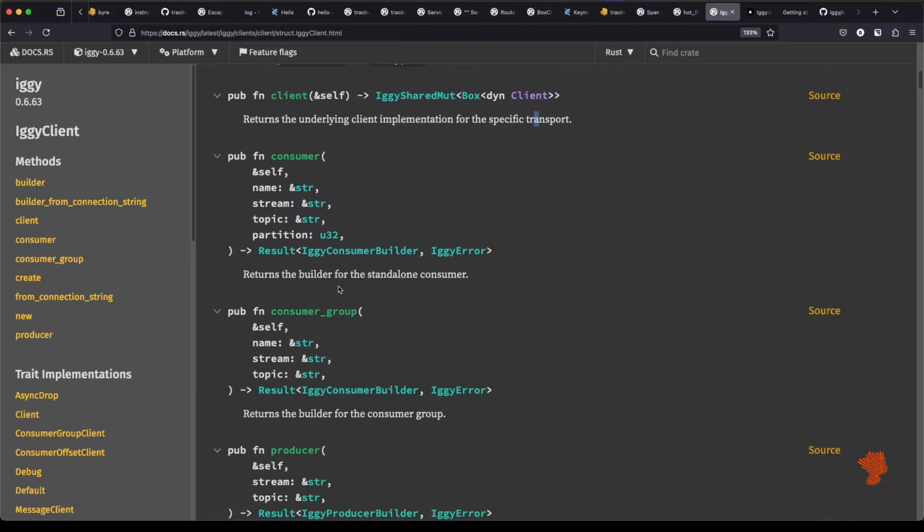Consumer returns the builder for the standalone consumer. So we have a client, we create a consumer for a name, stream, topic, partition, I assume. I don't think we have to worry about that, so